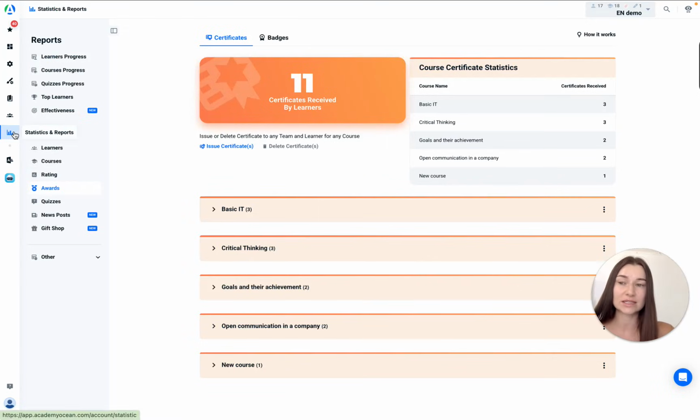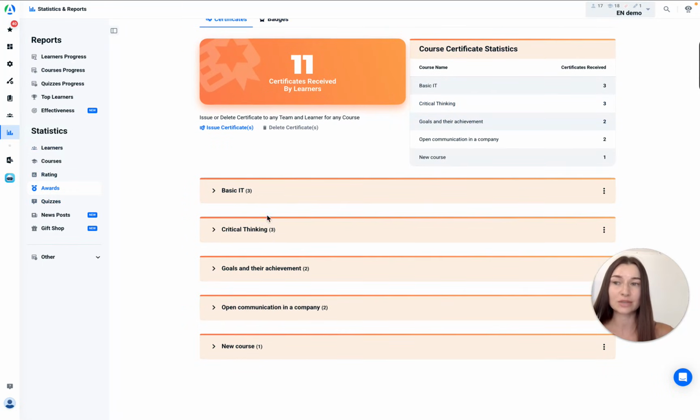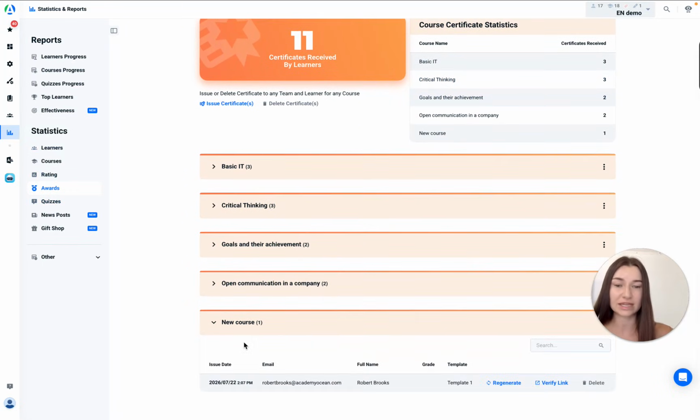Go to the Statistics and Reports section, Awards Certificates. Here you can view statistics for certificate issue for different courses. The table shows the certificate issue date, learner's email, full name, grade if grades have been configured, and the template that was used. You can also regenerate a certificate,